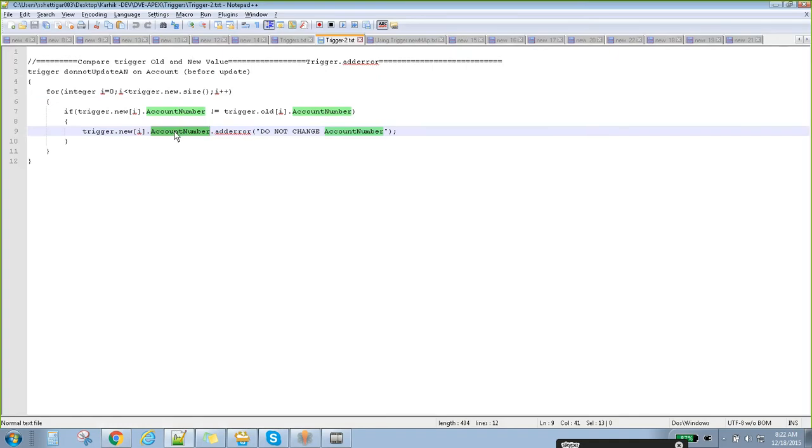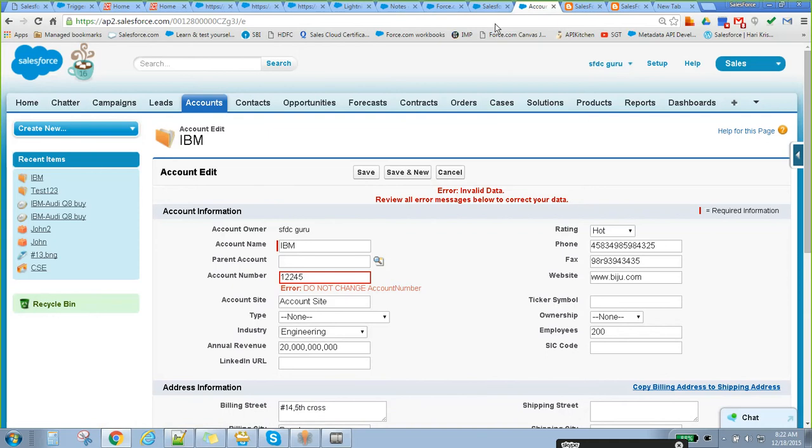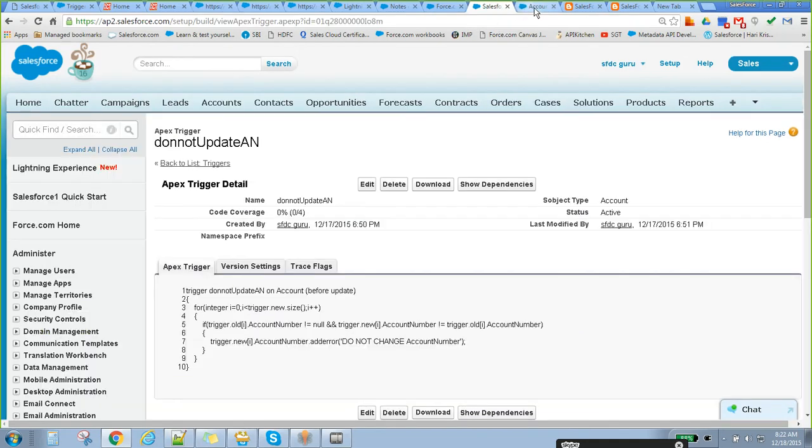That is one thing. Same thing for a map. Instead of a new set, this is a list. A map will come as key comma value, so get the key set and iterate the map. There will be some scenarios where we have to deal with the ID, and in that case we can go for a map: trigger dot new map or old map. I think that is all about maps.